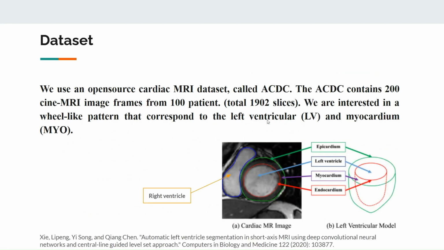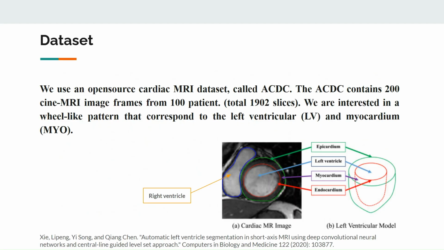We used the ACDC dataset, which is an open-source collection of cardiac MRIs from the Automated Cardiac Diagnosis Challenge, which included 200 simulated MRI frames from 100 patients. In total, 1,902 slices. These short-axis images are perfect for studying the heart because they show a wheel-like pattern,